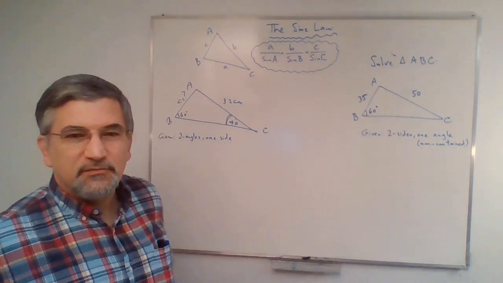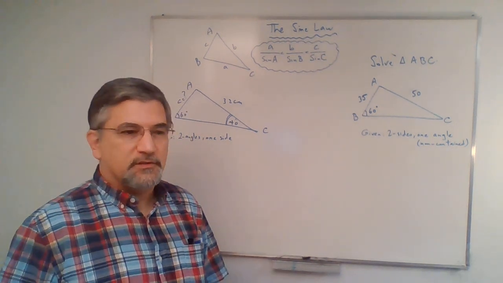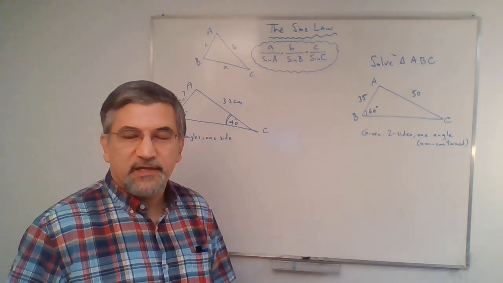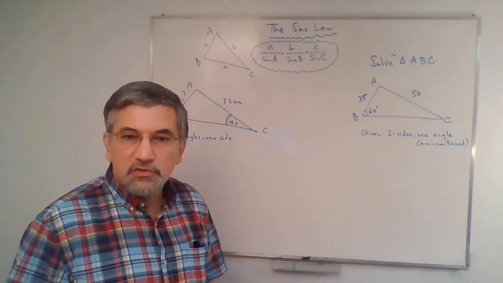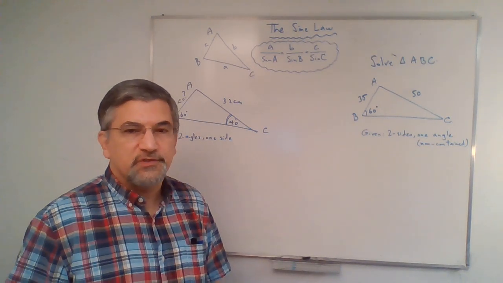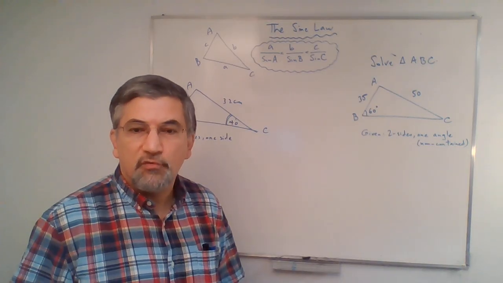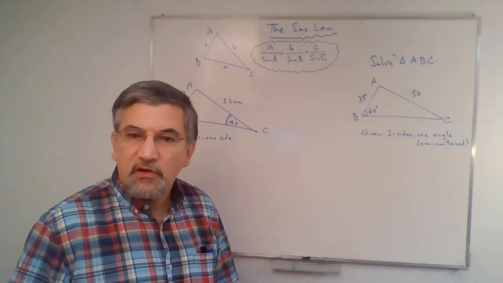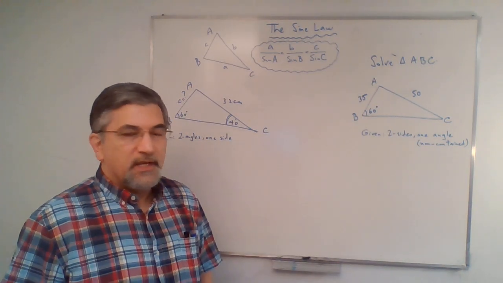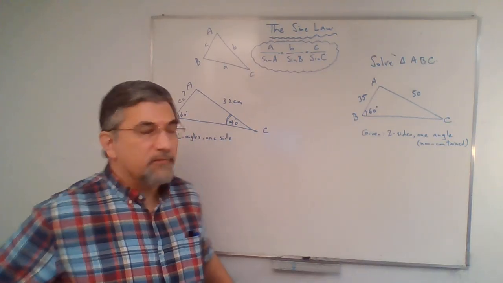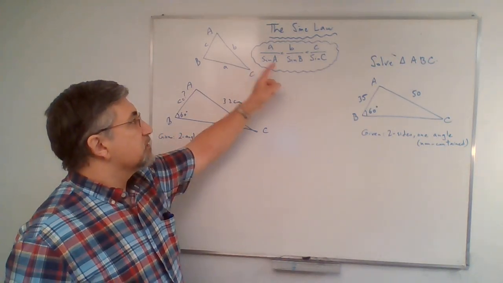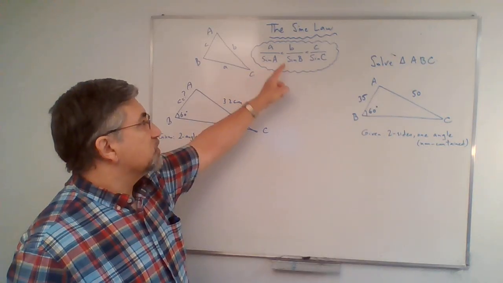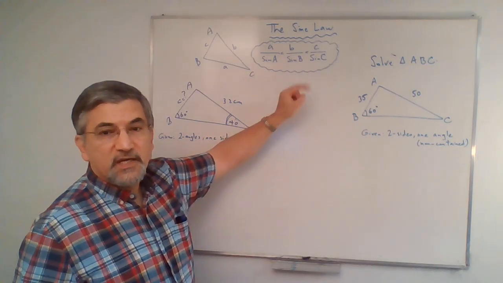Hello everyone. We want to talk about solving oblique triangles and learning about two new tools in trigonometry, two new laws, formulas known as sine law and cosine law. And we start with the sine law. Sine law is a formula like a over sine A equals b over sine B equals c over sine C,